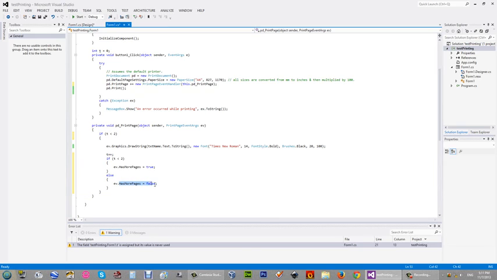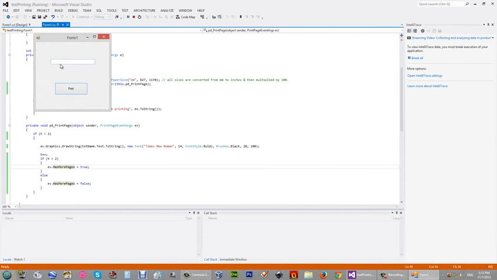Now since we have set it to false, the print document class knows that there are no more pages to print, and it will stop executing this print page method and send that job to the printer to print the document. That's what is happening here. Now we'll run this program and see whether we are getting 2 copies.